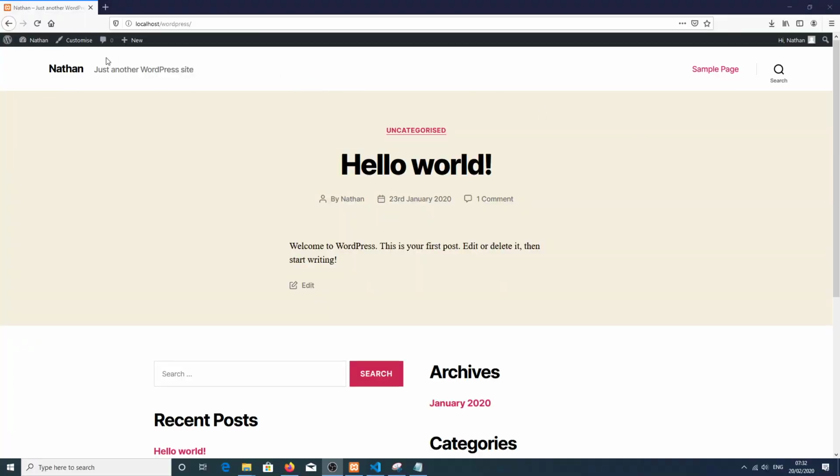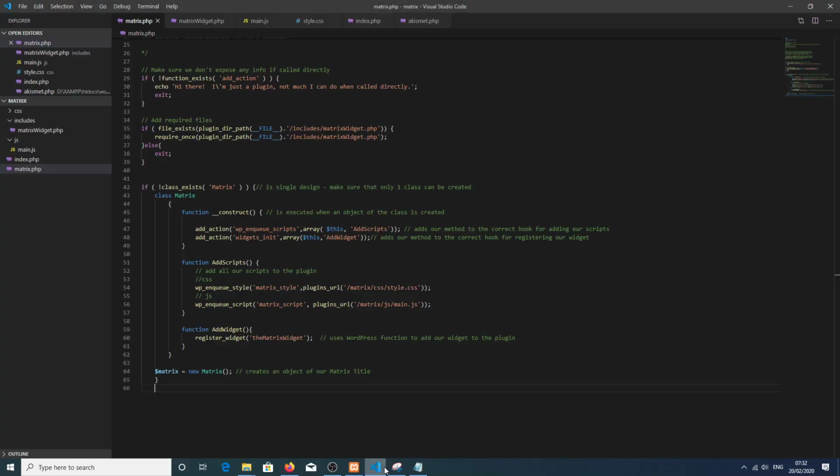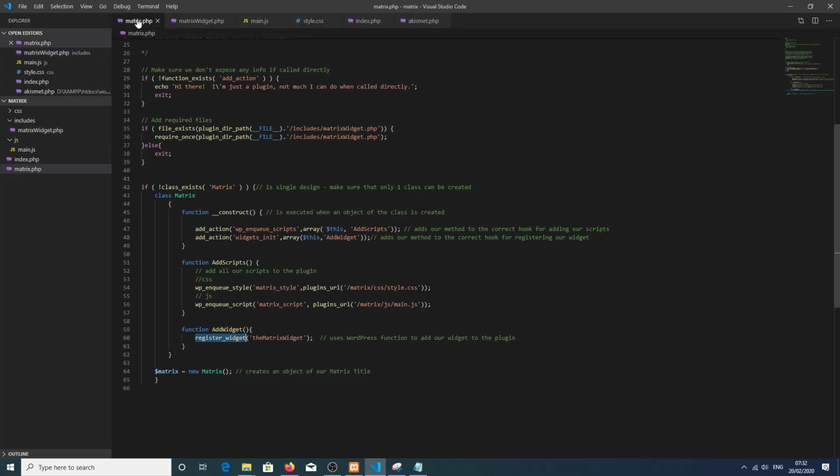Okay, well, before we finish, let's have a look at what it will look like on WordPress. So if we refresh it, at the moment we've got this fatal error, and this is because we haven't made our Matrix widget. So this is good news, it means that we've linked up our file to this file, and we've registered our widget. What happens is this function is looking into this file and trying to find our widget class. However, because there is nothing in this file, it's creating an error. So if we just comment that out and save it and then refresh it,